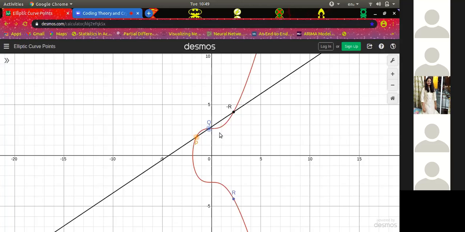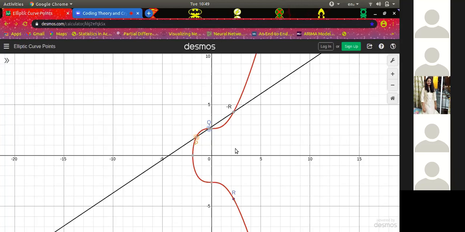Similarly, we have another idea called point doubling. Before that, what is P plus Q that you have not told? Okay, you are taking the mirror image. So P plus Q: I have an element P and a Q over here. I have drawn a line which joins the two points, and it intersects at another point over here. That's minus R, which you are saying. We take the mirror image of that, so that point is R. P plus Q is equal to R. Are you talking about the condition that P plus Q plus R should be 0, right?